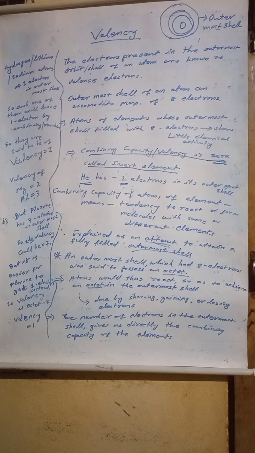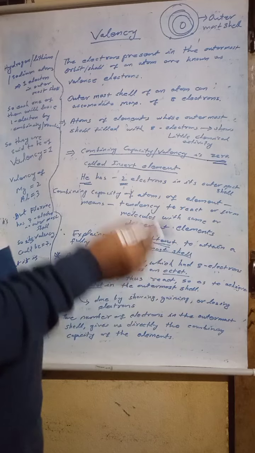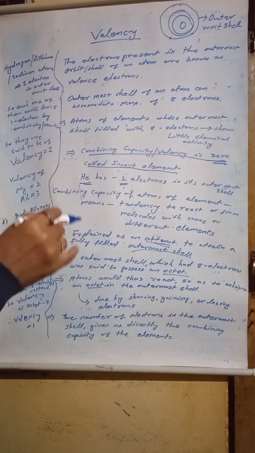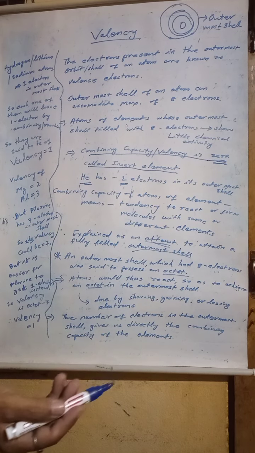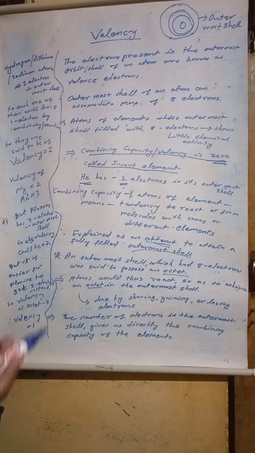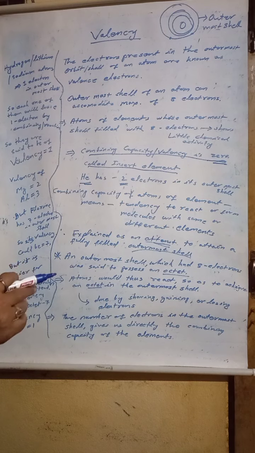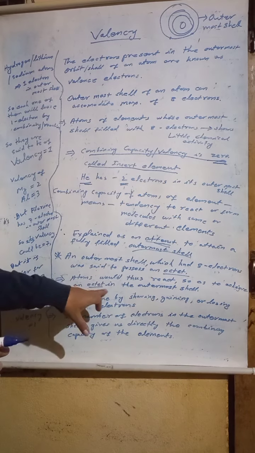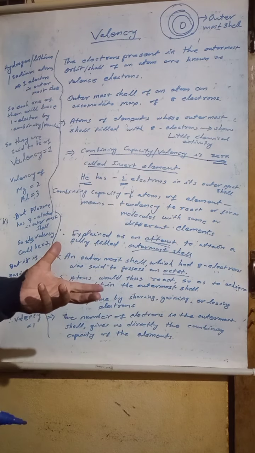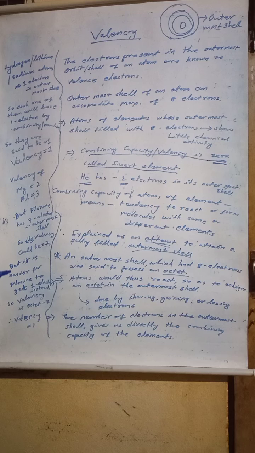An outermost shell which has 8 electrons is said to have an octet. It already has 8 electrons, so that shell is called an octet. So that atom is already in an octet or inert condition, with little chemical activity, less tendency or no tendency to combine. Atoms would thus react so as to achieve an octet in the outermost shell. If the outermost shell has less than 8 electrons, like 2 electrons in helium,